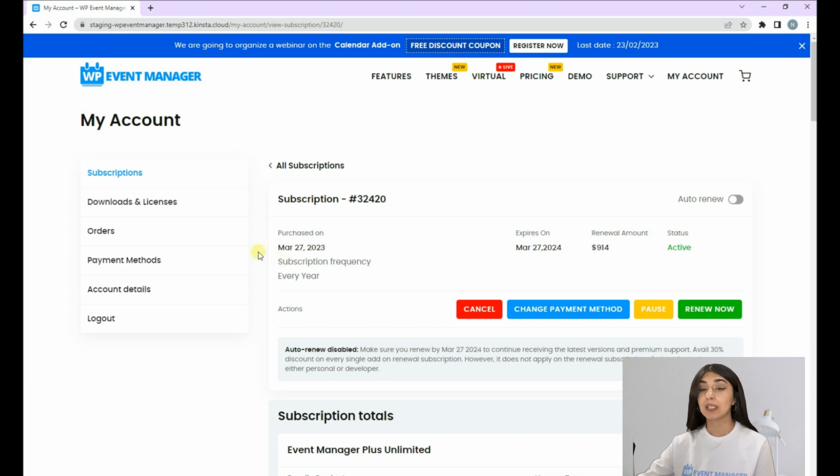So I want to talk a little bit about the refund policy. WP Event Manager products are not tangible and irrecoverable. We do not provide any compensation for the plugins that are already downloaded. So you need to read carefully about the terms, the conditions, and about the plugin, what it will provide you